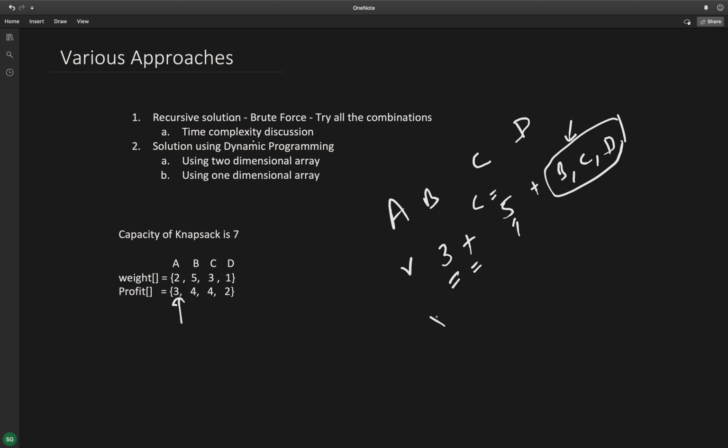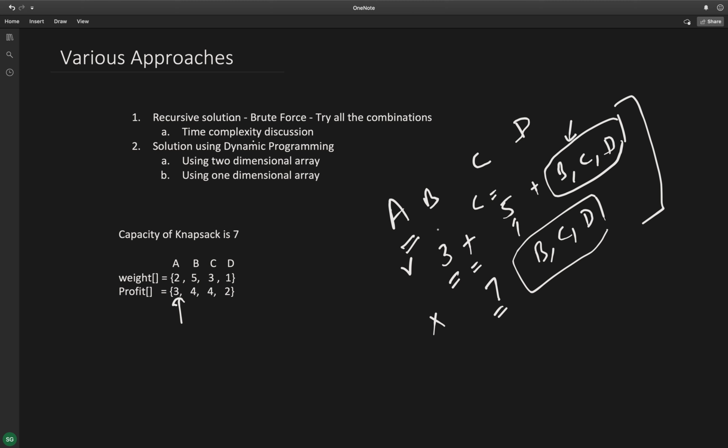Now if I don't select this item A, then the capacity will remain as it is, that is 7, and the items that will be available to me are B, C, D, because A I have already rejected. So there are 3 items B, C, D available, and now I need to take the maximum of these two profits.